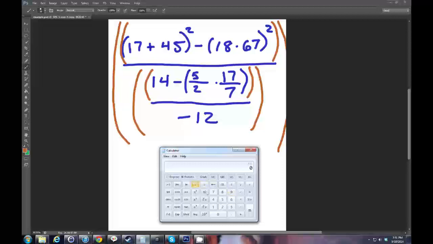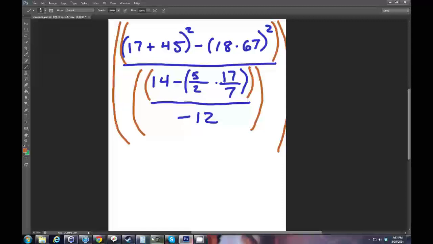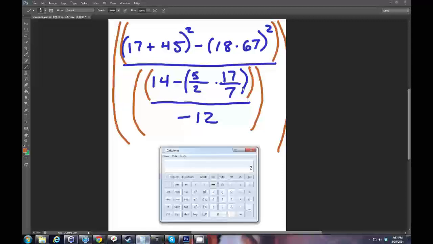Parenthesis, parenthesis, parenthesis, 17 plus 45, close parentheses, squared, minus parentheses 18 times 67, close parentheses, squared, close parentheses. Now I'll try to do this middle section. You have parenthesis, parenthesis,